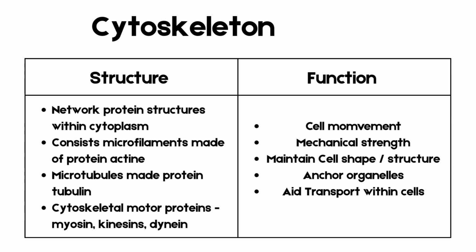Finally, we have the cytoskeleton, a network of protein fibers running through the cytoplasm. It consists of microtubules made of tubulin, microfilaments made of actin, and motor proteins like myosin, kinesins, and dynein. Its key roles include providing mechanical strength and shape, transporting organelles and vesicles like a railway system, enabling cell movement with structures like flagella and cilia, anchoring organelles in place,